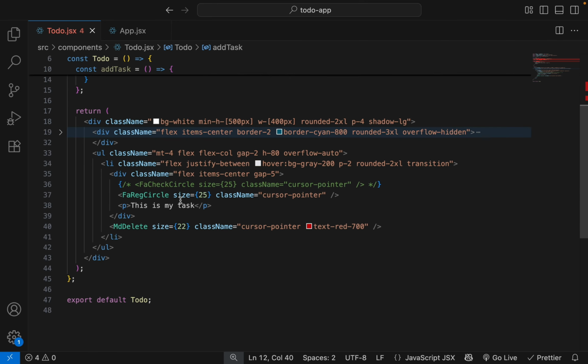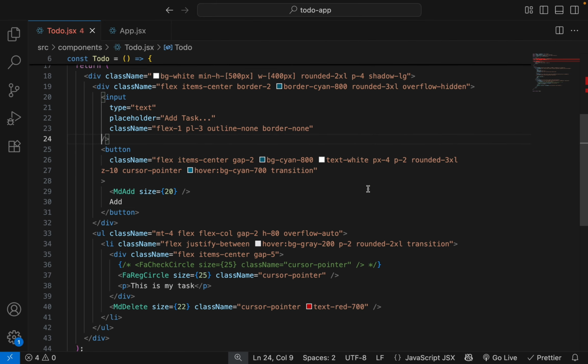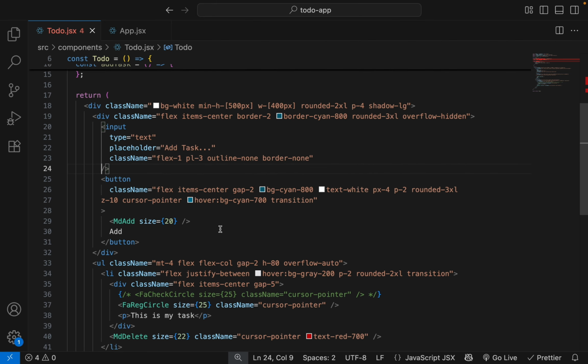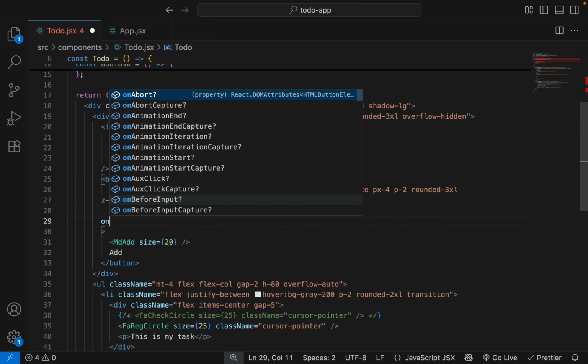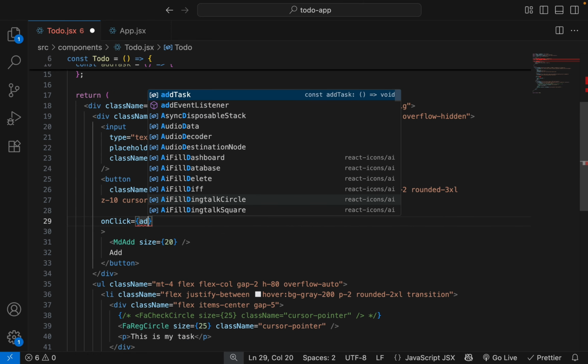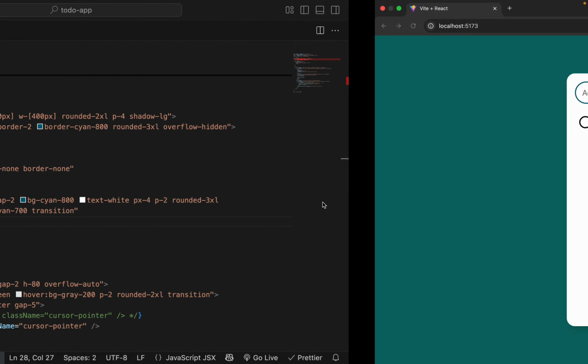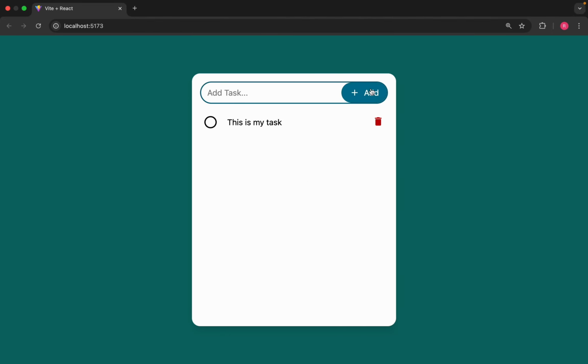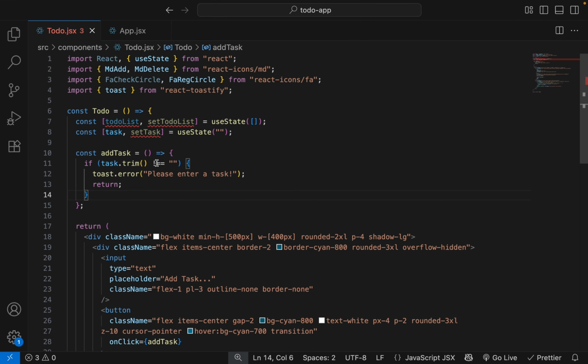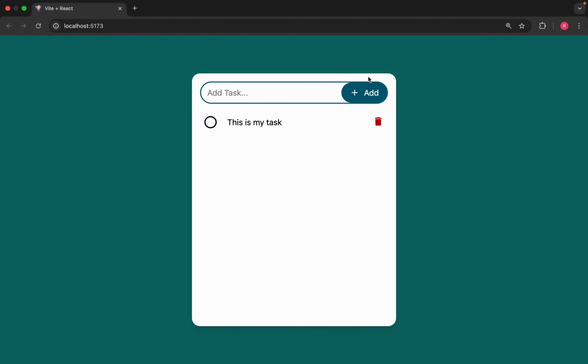Let's add this. Now let's add this add task function to add button. Let's check. Sorry, we have to remove this. Let's check. We are getting notification.